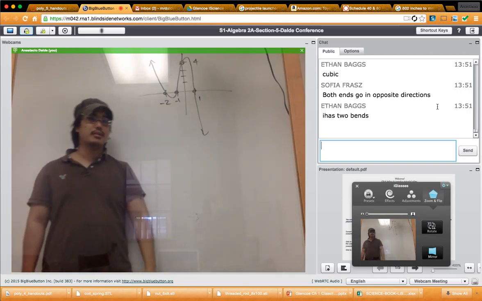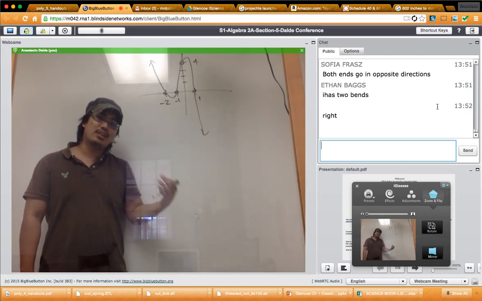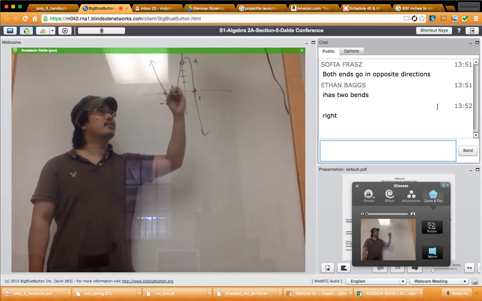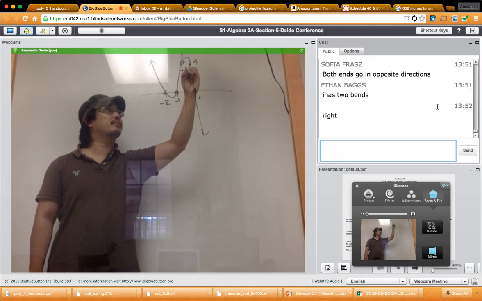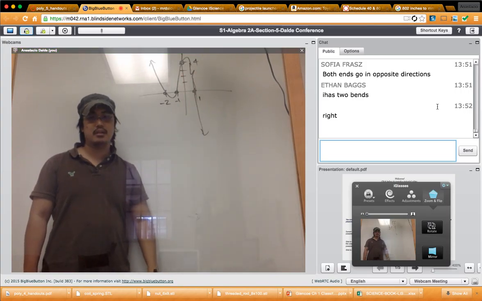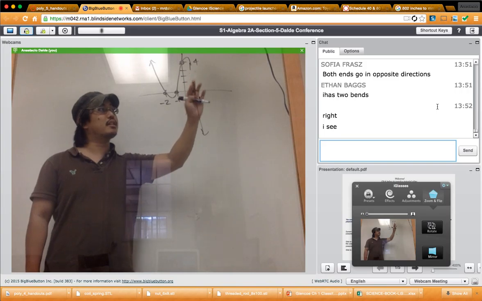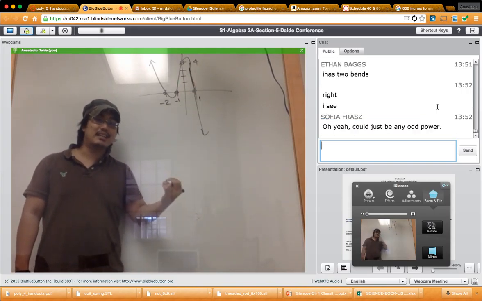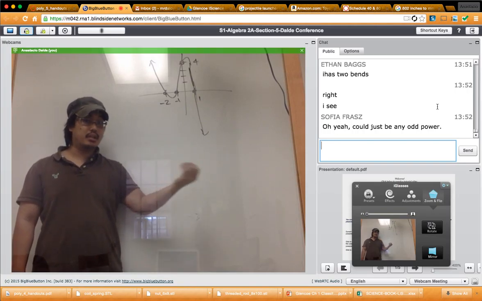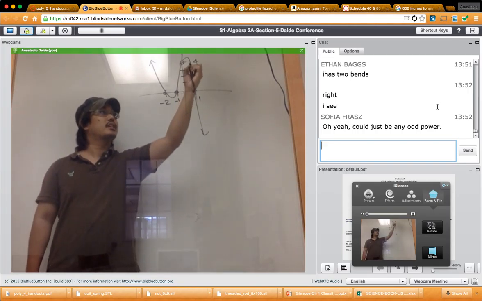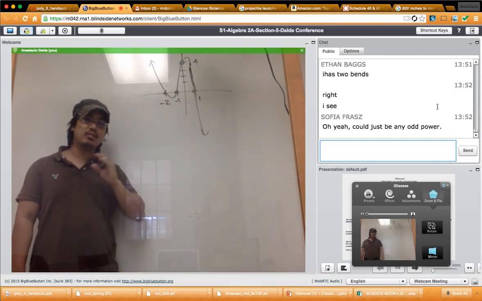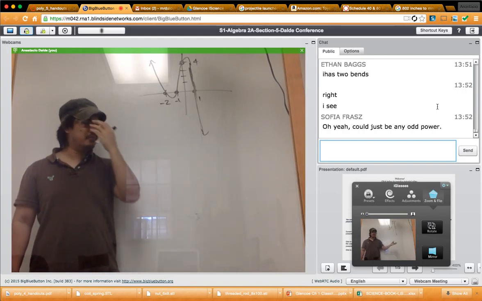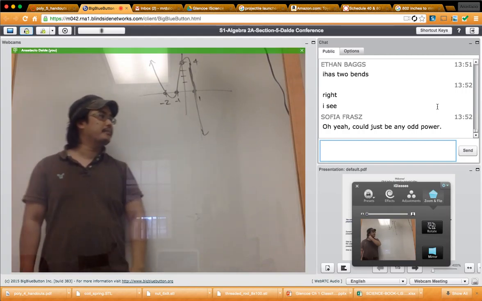Are we cool? Now technically, it could be a 5th power or a 7th power. Maybe there could be like an extra bump in here. You know what I mean? It doesn't look like it, but looks can be deceiving, and that's why I said the easiest thing it could be would be the cubic function. It could be to the 5th, it could be to the 7th. To be honest with you, I don't think it is. I really think it is a cubic function, but it could be. All right, anyway,